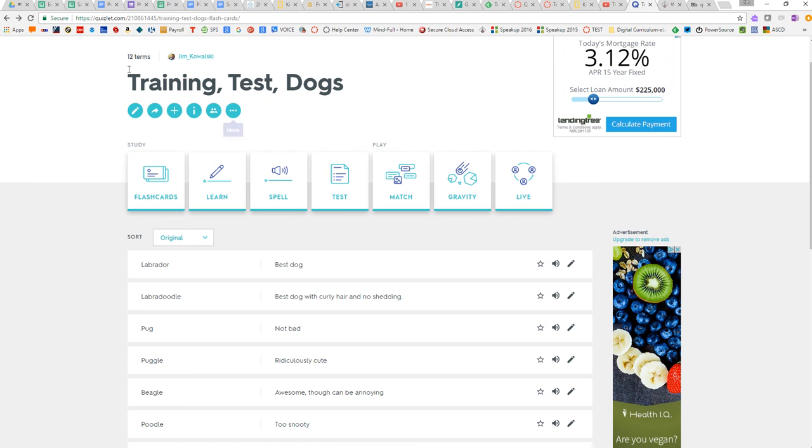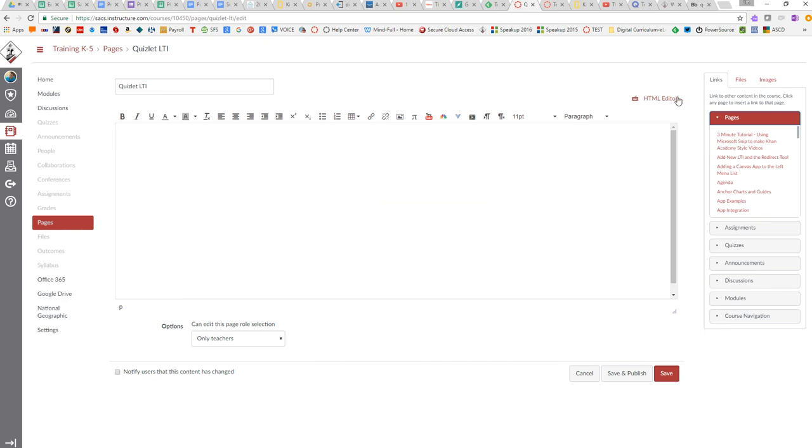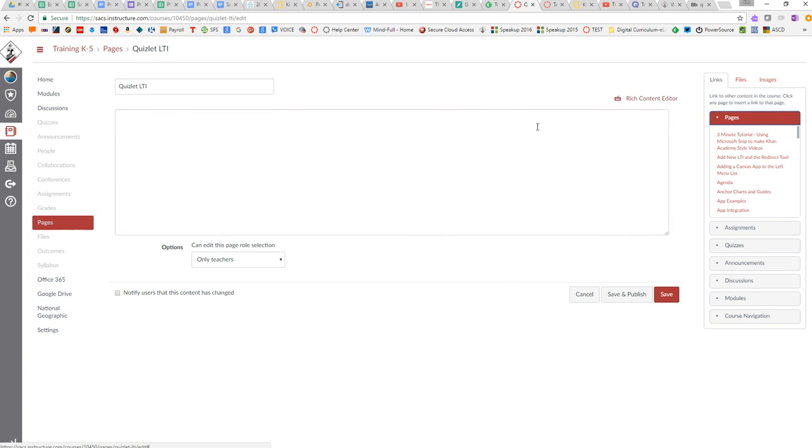At the top, though, after I've created my Quizlet, there's a little 3-dot icon that says More, and I can select Embed. Now, if you remember, if you looked at any of the previous training on embedding, this is how it works. I click on Embed. I'm going to copy this embed code, go back into my page, and then because I want to paste it in, I have to switch over to the HTML editor, paste in my code. I can press save,